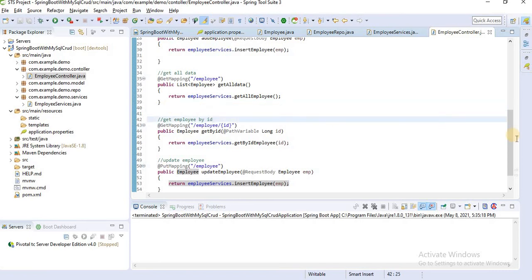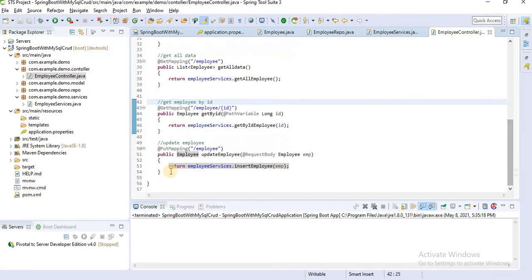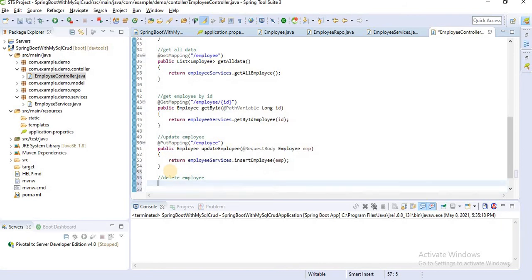Okay, we have created one more API. We have to create delete employee. Here we will create a public void, and we can return a string.